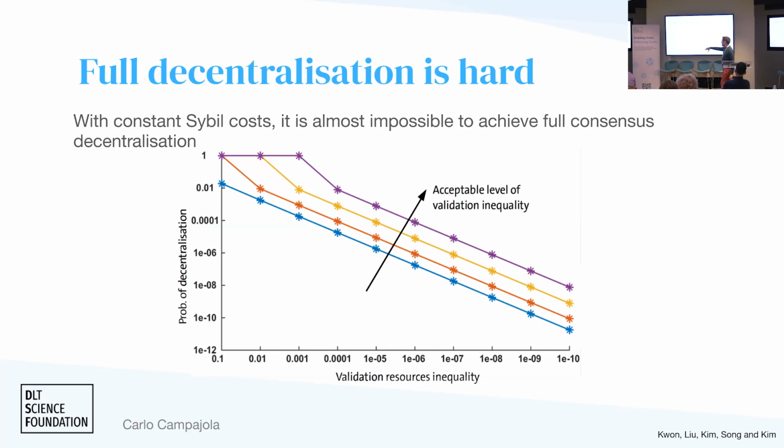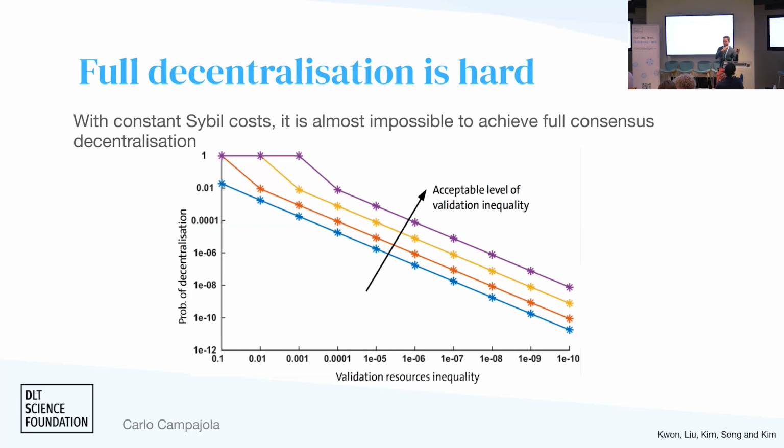So let's say if you are to the right of this, you have one miner. Let's skip to the Bitcoin example. You have one miner that has 50% of the mining power, and everybody else has the remaining 50%. If you are to this side, let's say you have 10 miners, more or less everybody has 10% of the mining power. And the probability of decentralization here is the probability that you end up, naturally, in a situation where you have an acceptable level of inequality between validators.